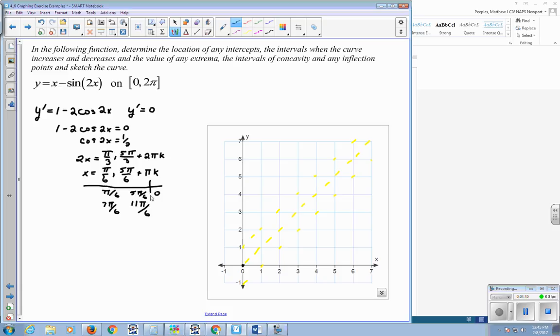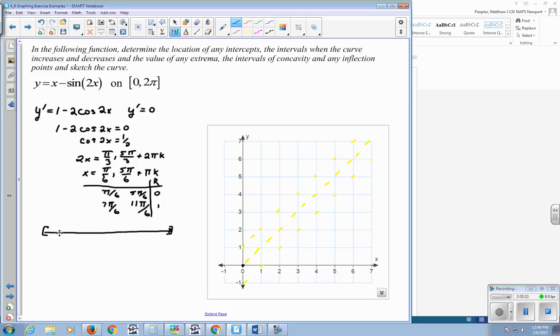Right? And these occur when k is equal to 1. And all of these values are within the interval from 0 to 2 pi. So we're actually going to have 4 values right here. Now the next order of business would be to go ahead and let's substitute in values on the interval from 0 to 2 pi where these